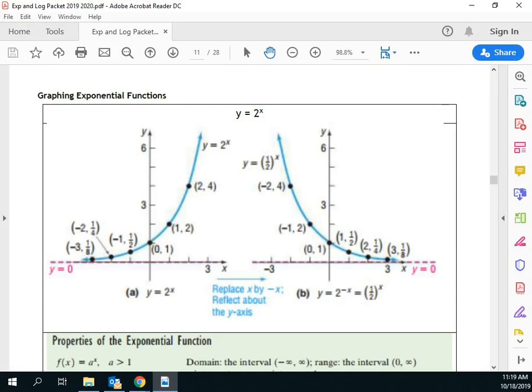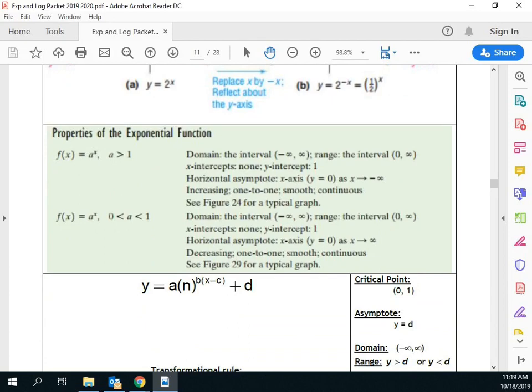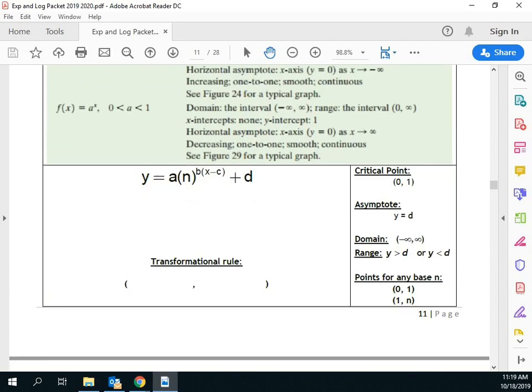The next page on this one, let's look at some rules real quick. It talks about transformations. All right, going into depth with this. This gets a bit lengthy, so let's be patient with this. First thing is A. A talks about your vertical